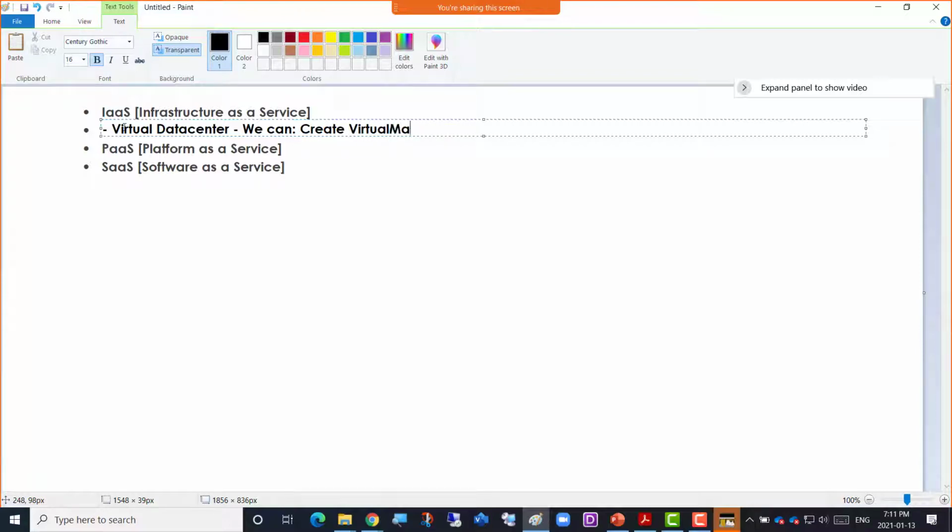We can also create storage folders, right? So we can upload our critical hospital data, insurance company data, and all the other types of files and folders, but with great security and high availability, disaster recovery, backups, everything. Other than that, we can create networks. Really? We can create networks, not petworks. It's networks.